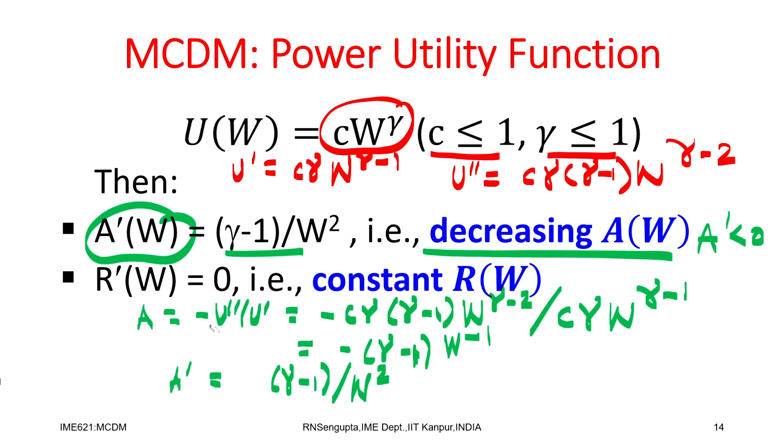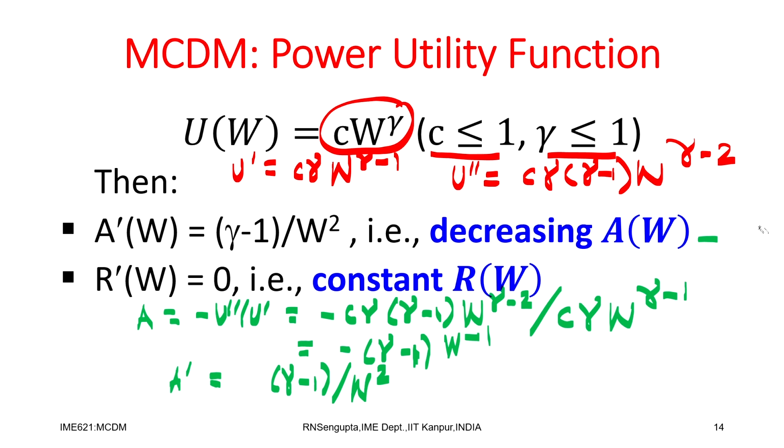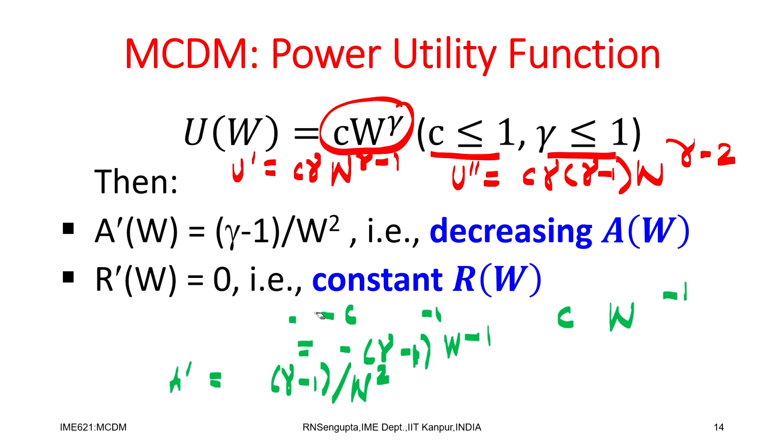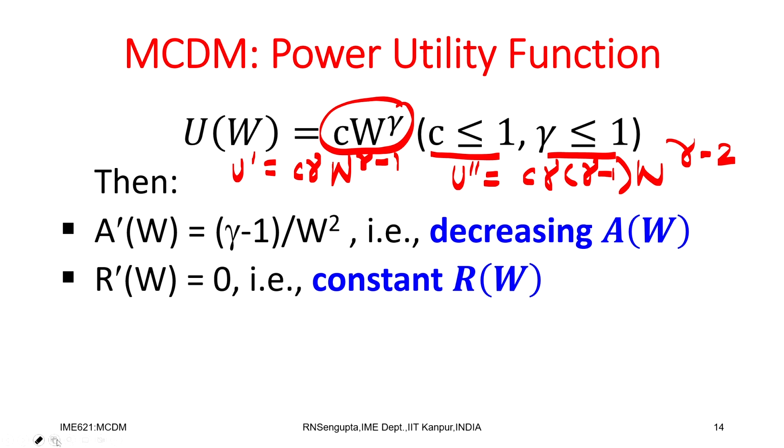Now, let us erase it and do the problem for the case when we have the R factor. So, let us again use a different color. So, consider R as per the formula, minus W U double prime, sorry. Let us not get confused. Let us do the calculations correctly.